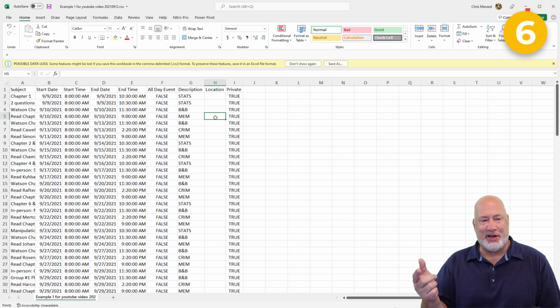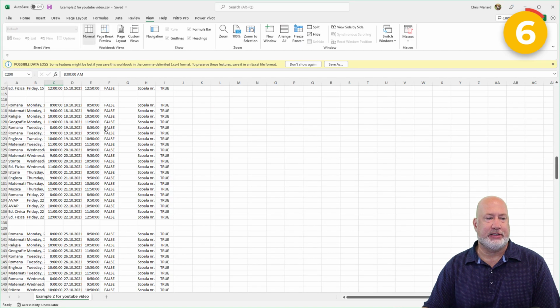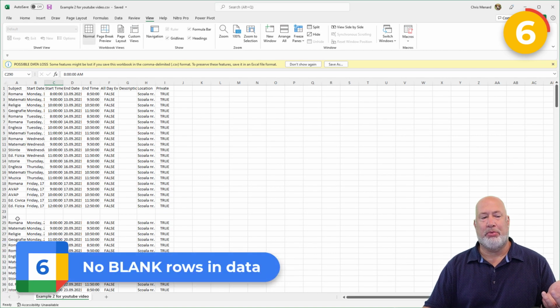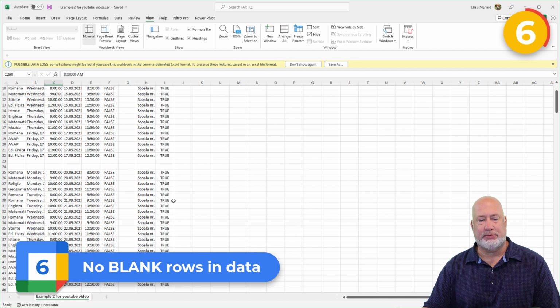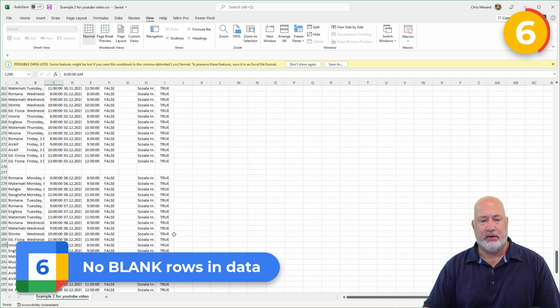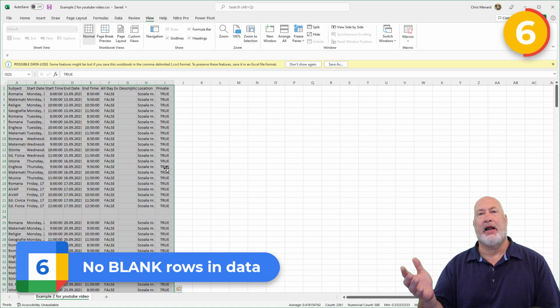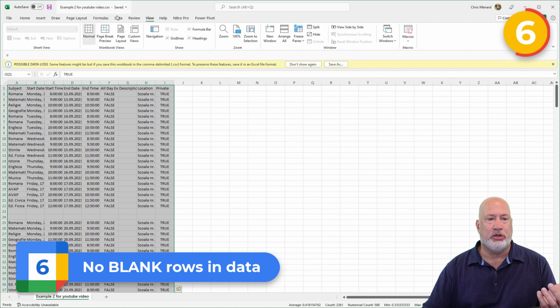I lost track of the number that I'm on. One more though I've got. Here's another file. And then I'm going to actually test this, by the way. Make sure, I got this file. Make sure there's no blank rows in your data. So to quickly fix this, by the way, I would go to the end, click on the last one, Control Shift Home key, that highlighted them all, and just go do a sort.